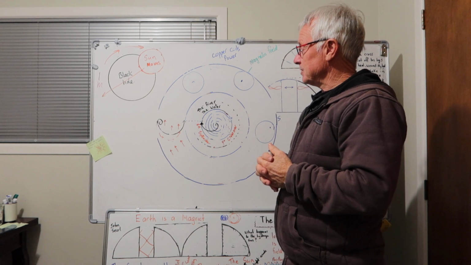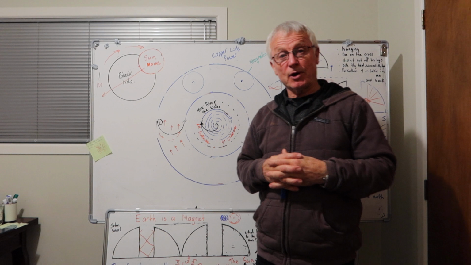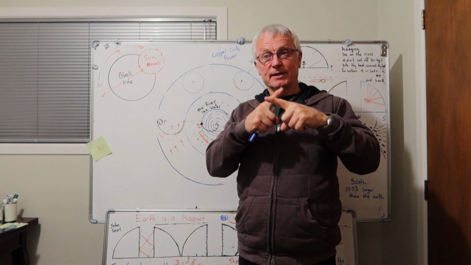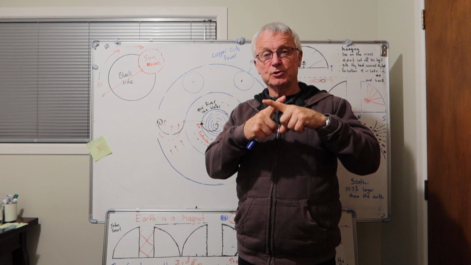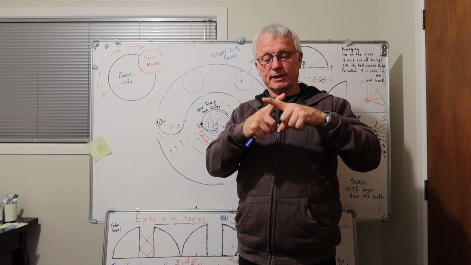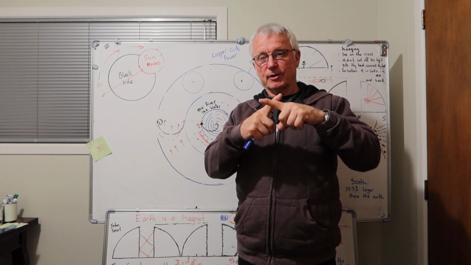So in the next video I'm going to explain the difference between the equinox and the crossing of the sun's inner lemma, and how and why they are two different events. So you think of the crossing of the sun's inner lemma, why wouldn't that be the equinox? I'm going to explain all that.